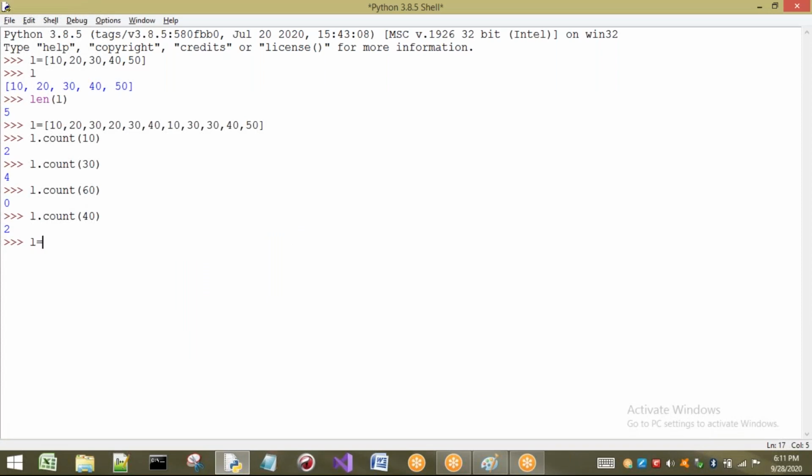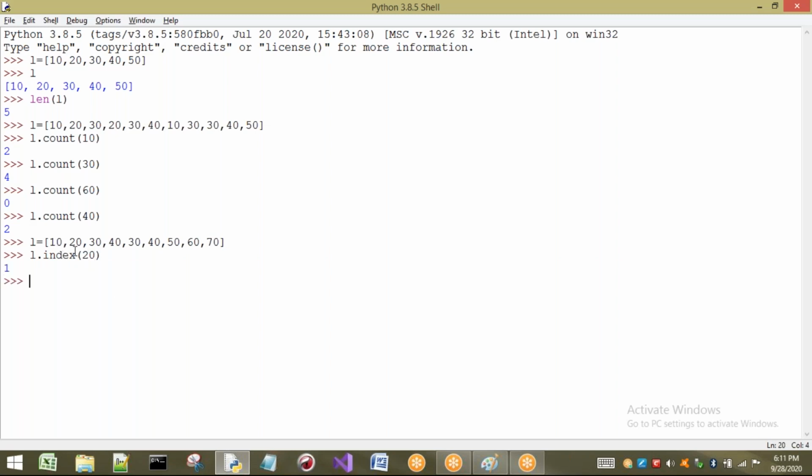So see here, L equal to, I am going to take a group of values. I will take the duplicate values also. Okay. Now see, here I have taken some list of elements. So now I want to find the index of 30 or 20, for example.